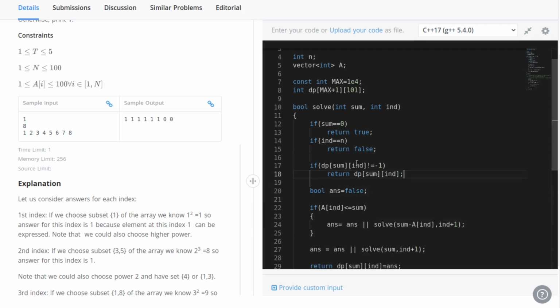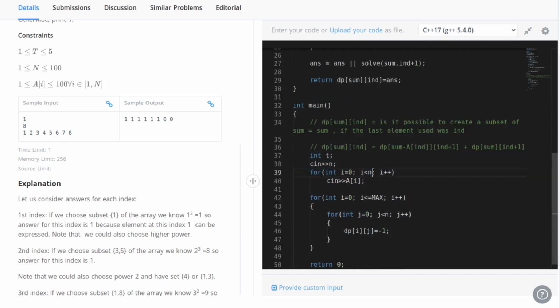You might have understood why I am using this OR here and why I have initialized this to false, because in the worst case it may not be possible, so I initialize it to false. And if I found a solution, OR of true with false will give always true. So if I have found a solution using this recursive call, then the logical OR of these will return true. So this will give me true for this particular dp value.